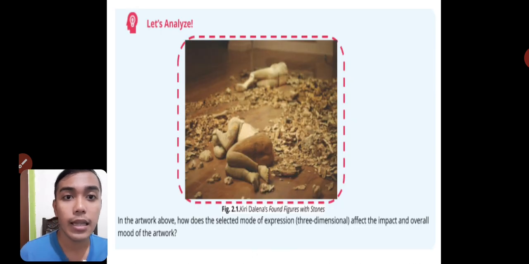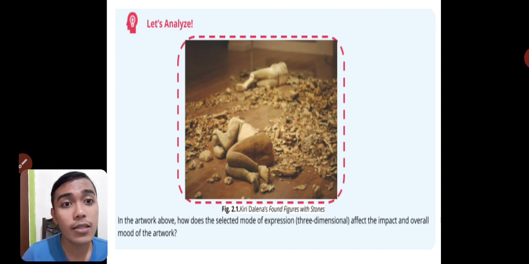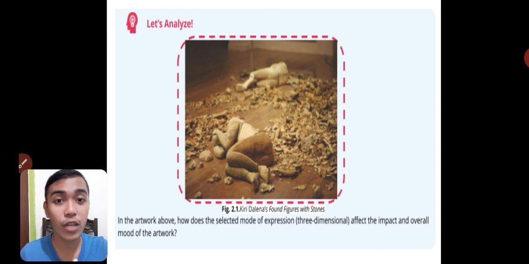Okay. Let's analyze. Di ba nakita niyo diri sa artwork dira, how does the selected mode of expression, the three-dimensional, affect the impact and overall mode of the artwork? Kung single lang ana siya, okay lang, mura siya picture, pero kung hikapon nimo siya, 3D na siya, possible na siya volume, so that's 3D. So, how it affects, makadaot ba siya sa particular artwork, or makadungag siya og appeal, or makadungag siya og kanindot